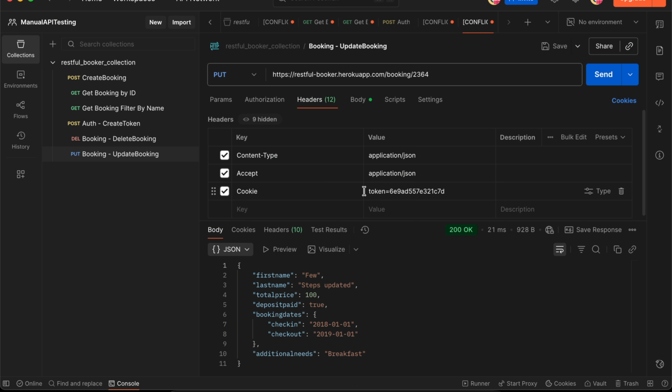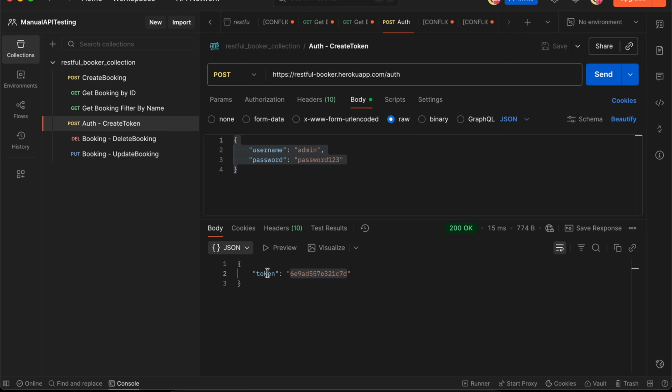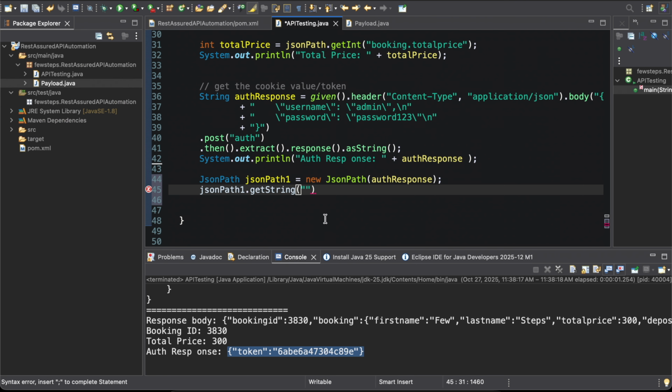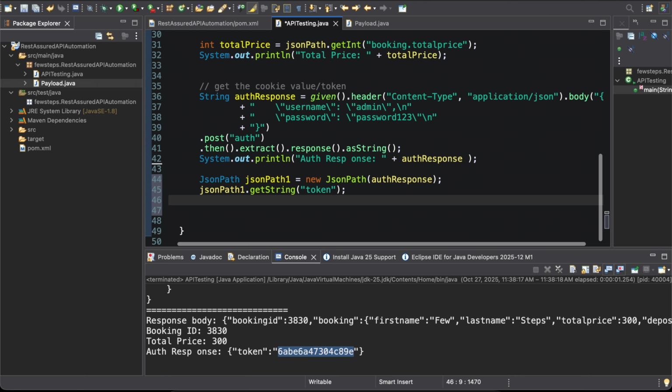From Postman, if we go to the authentication token, this is called token. I'm going to copy this and paste it over here. The exact output for this case will be only this value. If we try to print this thing,